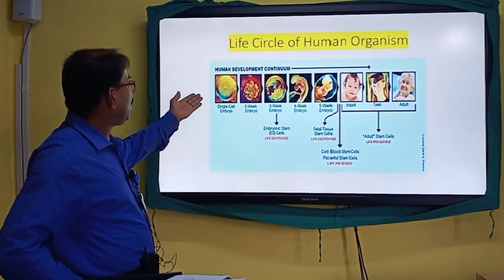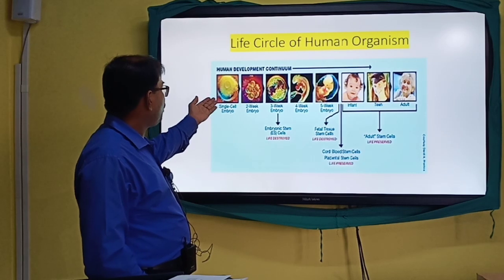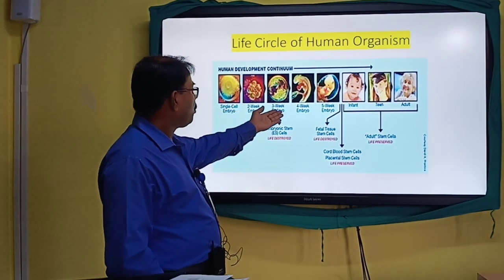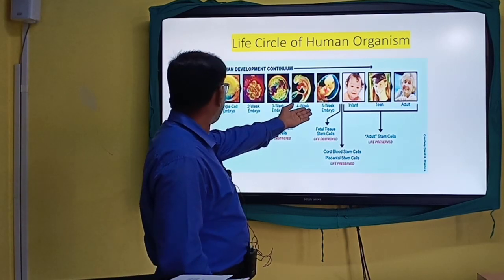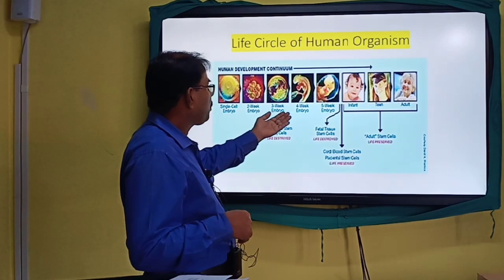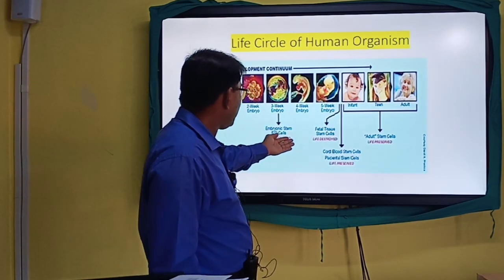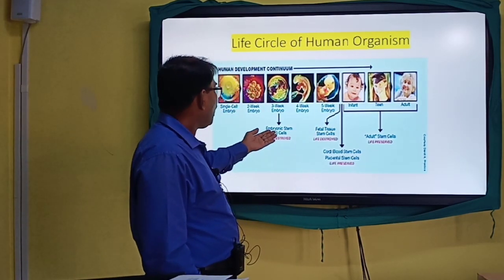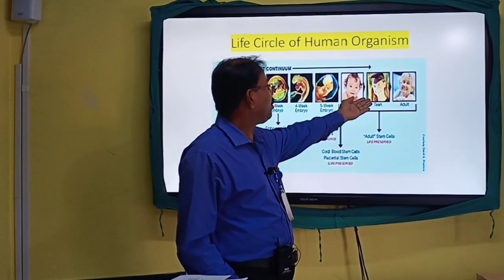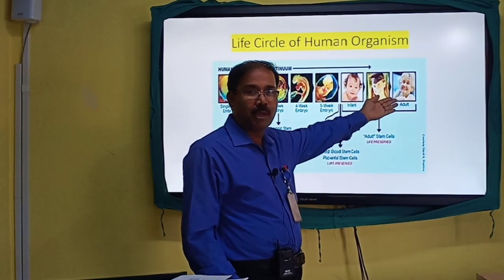So you see, from this moment, second week embryo, third week embryo, fourth week embryo, fifth week embryo. This is also embryo cell, stage of conception. Then you see, here, this is fetal tissues, and development is possible, birth is possible. You are now an assured person, and then comes the last stage of human life.